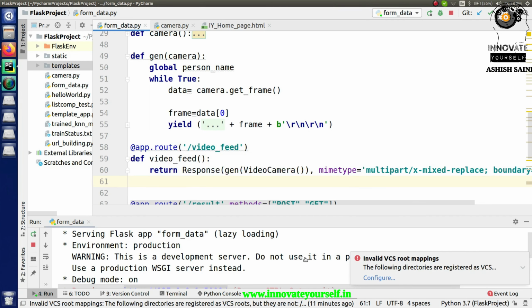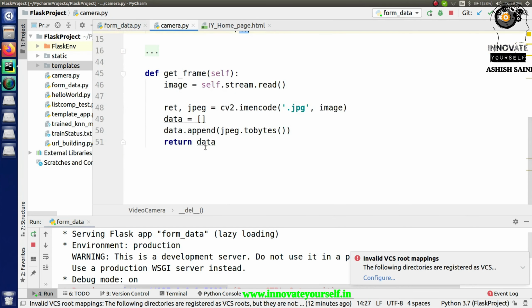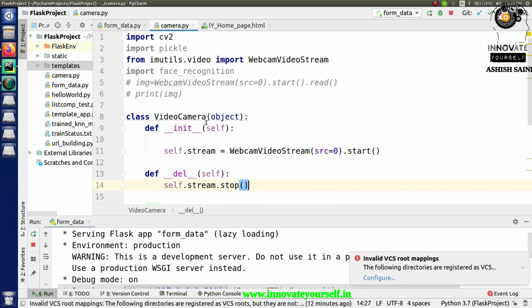To do that, I have two packages which I need to install on my system. In here you can see I'm going to call one module, which is not a module that I'm going to install. Instead I'm going to call it from my end. This is camera.py, which you can see over here. It is going to help me a lot to collect the images from the user, or from the webcam, and to further send them to the web application.